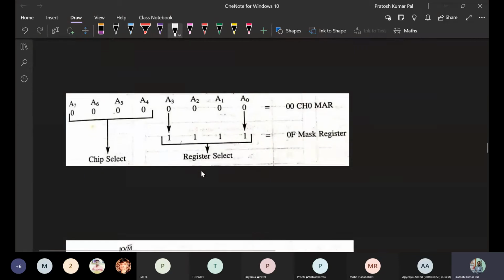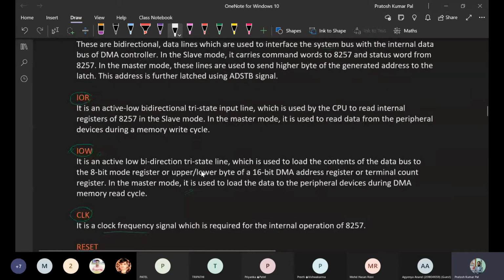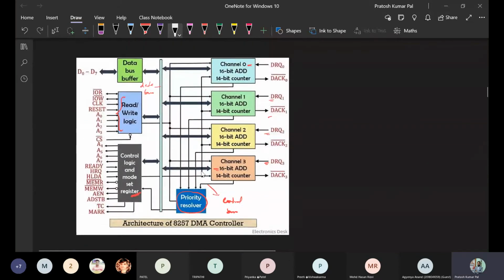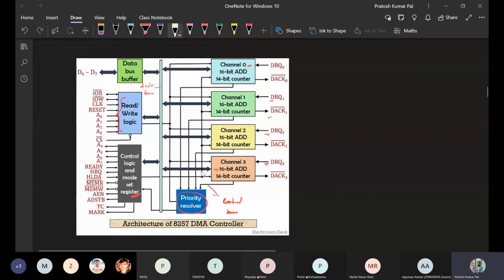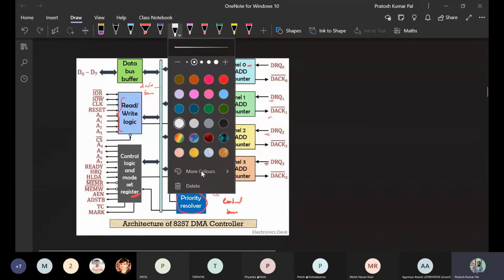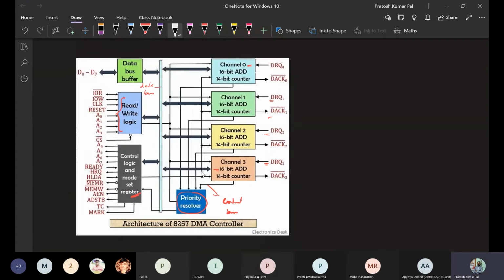Here the DMA controller, as we have seen in the architecture, is having different registers. It is having a 16-bit register and a 14-bit counter. So this counter and address lines are there. This is 16-bit address lines and this register counter is the register available to this DMA controller.